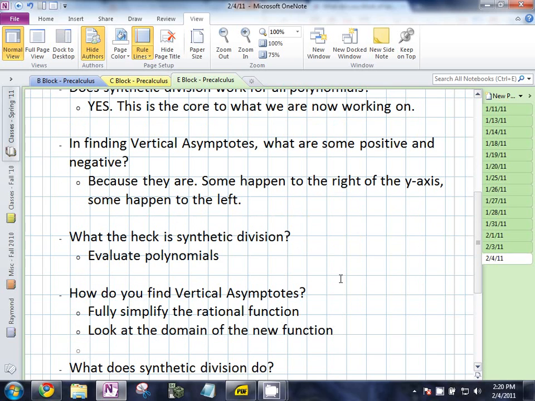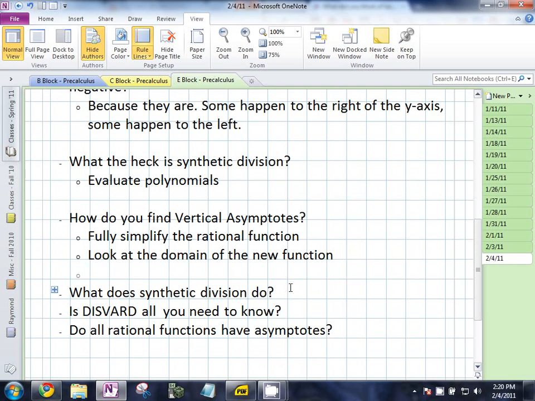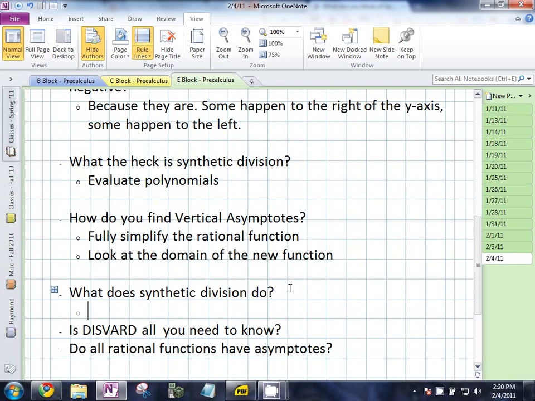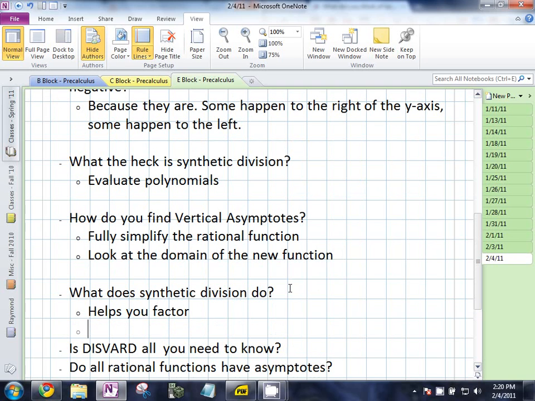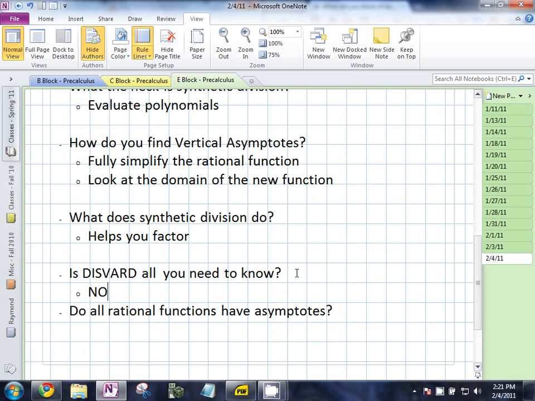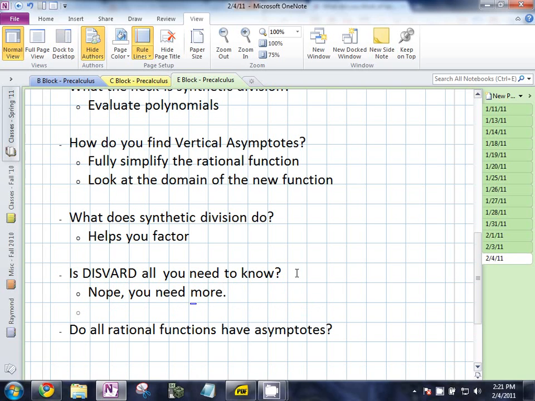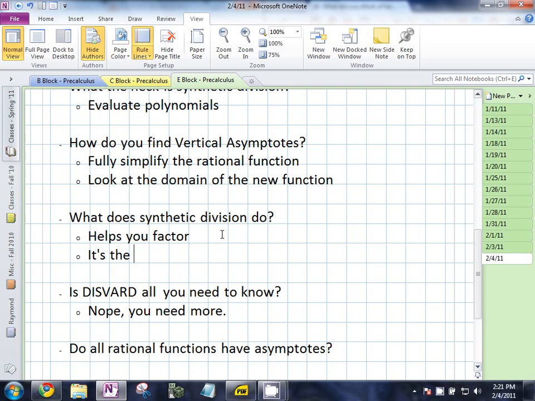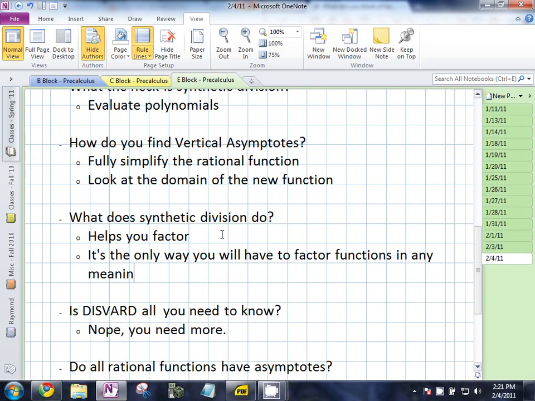Are there other types of asymptotes? Yes. What does synthetic division do? The primary thing it does, it evaluates polynomials, but it helps you factor. This is your factoring key. This is your best hope for survival. But is this all you need? Nope, you need more. Let me rephrase this to try to kill this next question. It's the only way you will have to factor functions in any meaningful way